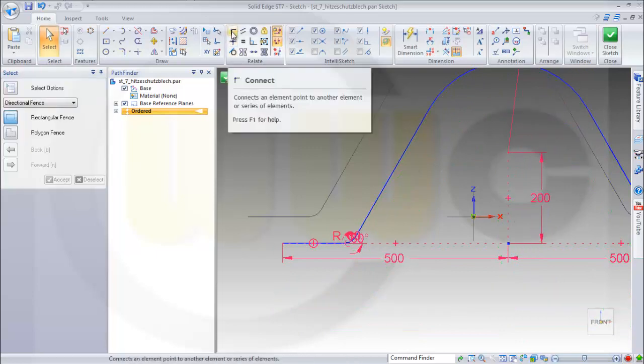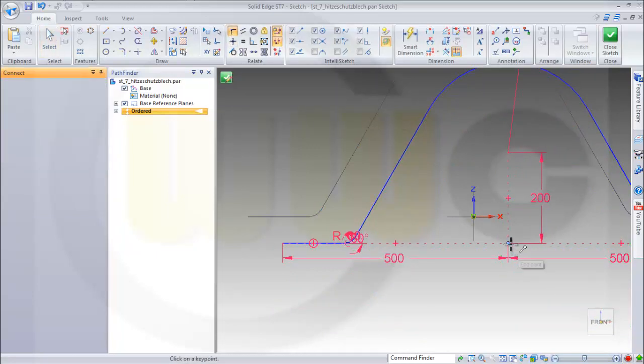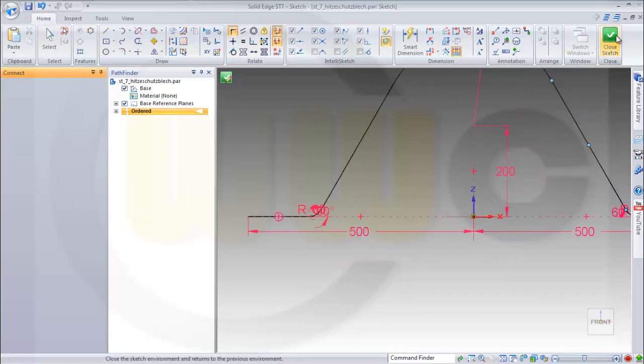Then one constraint is needed. This point should be on this point. Close the sketch,